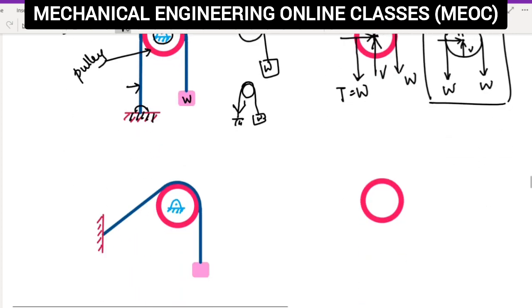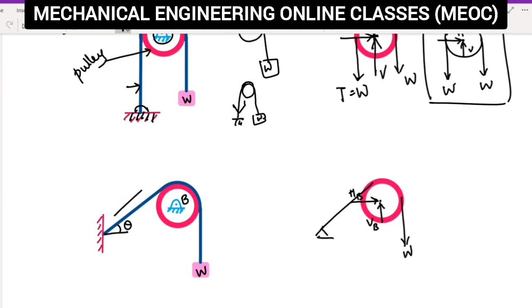Now let us see something else. Here in this particular case we have it differently. We should know this angle. Let this be, say, theta. Let this point be B now. Whenever we are removing the pin joint, we just place a horizontal and a vertical reaction there. This is HB, this is VB at point B. Now if this is weight W, there is a W force acting here, and there is a tension acting along this particular line which is at theta from horizontal, away from the object.